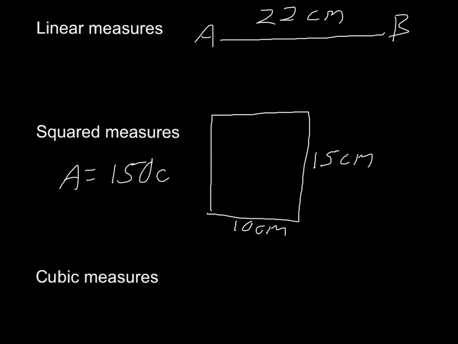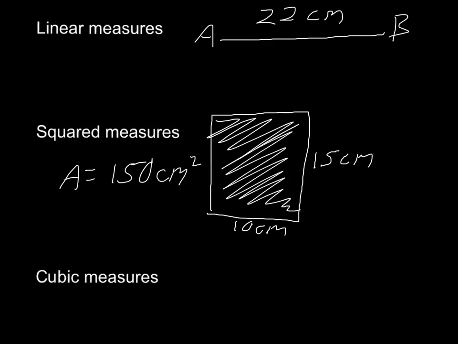of 150 centimeters squared. And if you're kind of lost with this lesson, go back to how to find the area of a rectangle, and that'll help you with that. Okay, and this 150 centimeters squared is a squared unit of measure, and it found all the area within the football field. If we're doing cubic units of measure,